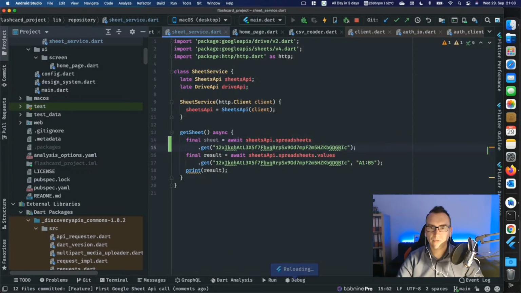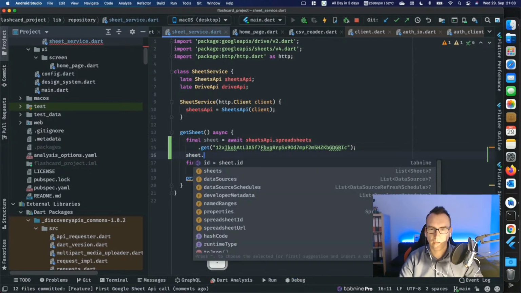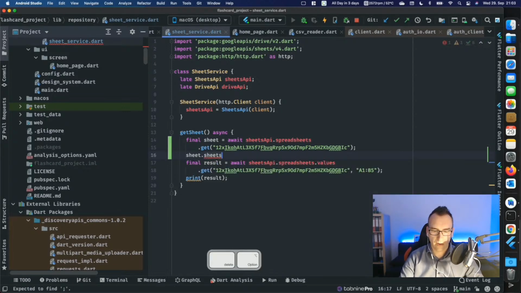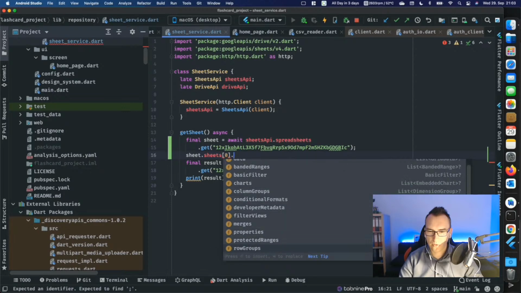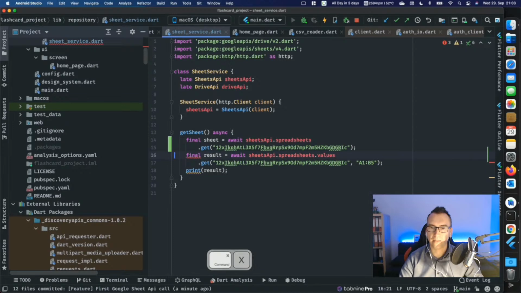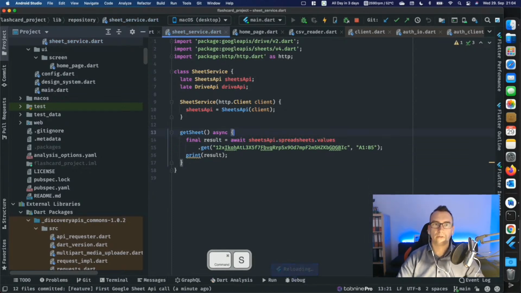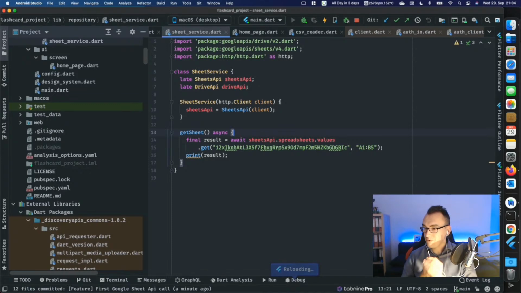But you're right, and with this sheet we can then access things like sheet dot, I think sheets, it was inside there somehow when we have the sheet. I think we get the first one, and inside of that we have charts, column groups, and I think there were properties and things that has the information on how many slices we have. Okay, but all of that will be a topic for tomorrow, and I'm really, yes, I'm committing the